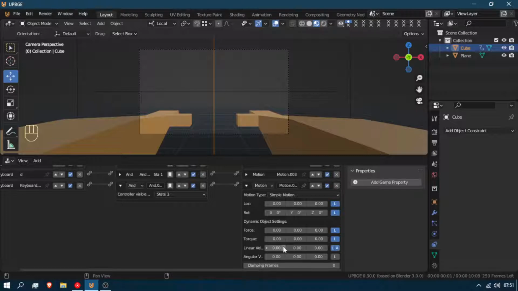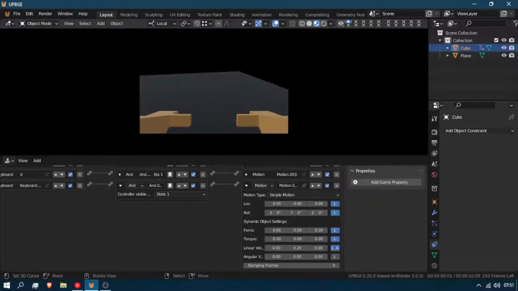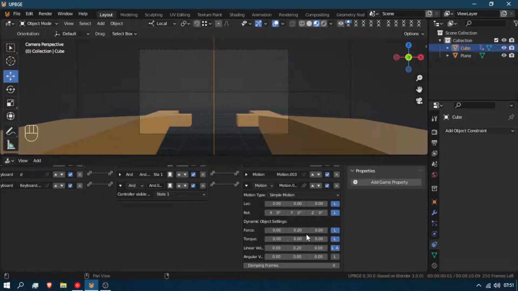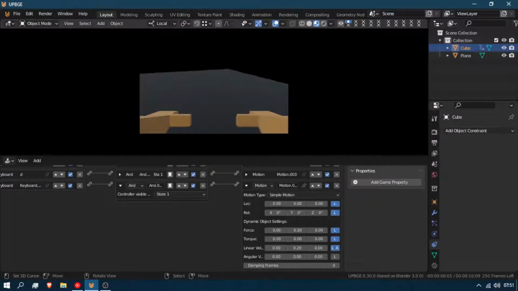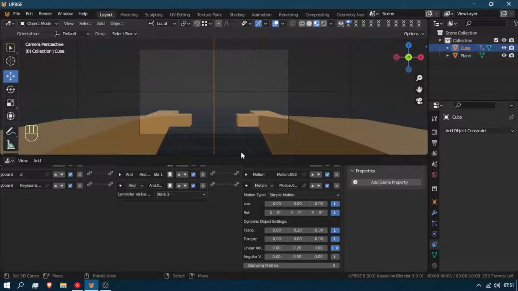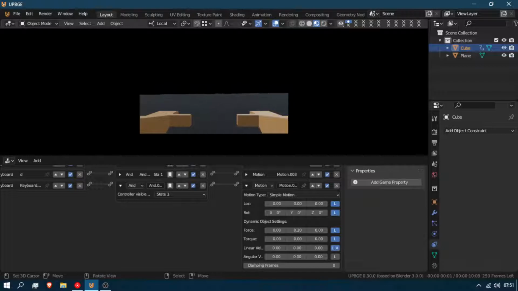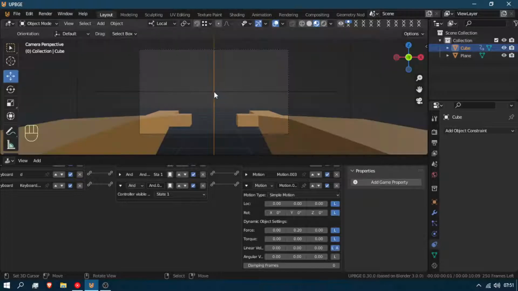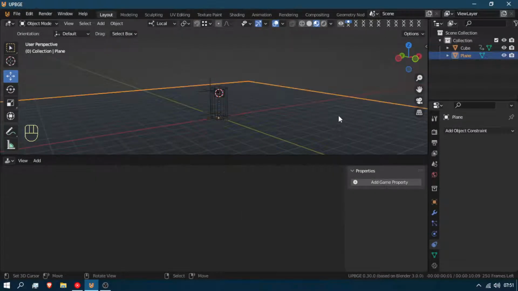So this is gonna be on the positive Y. I'm gonna make it like that, it should work now. So let's test it out. That's not working. I can't really see if it's running or not, so there's one way to do that, and that's just giving